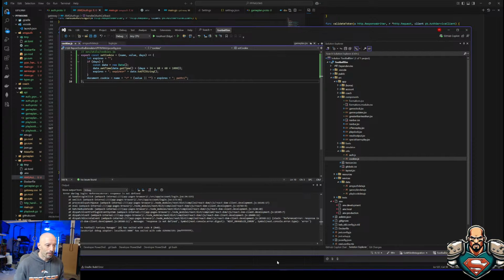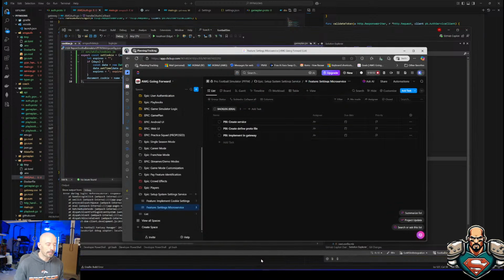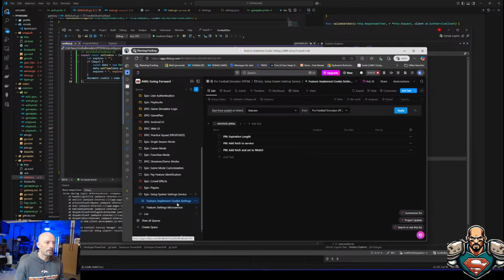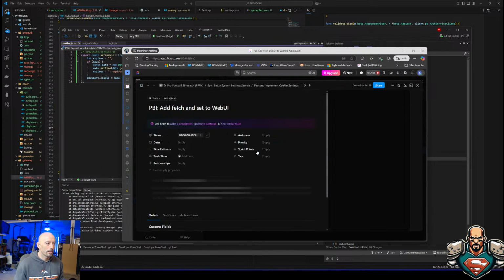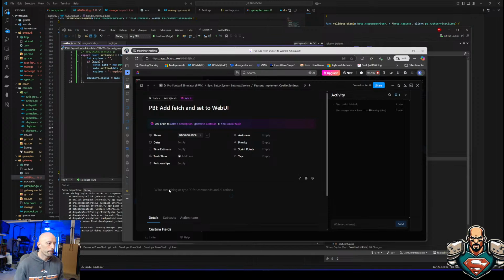All right, there's one more thing I want to add. I want to go to planning tracking. We're going to go to the set cookie, and I'm going to go to the web UI. Go to description. Cookie expiration. Oh my gosh.